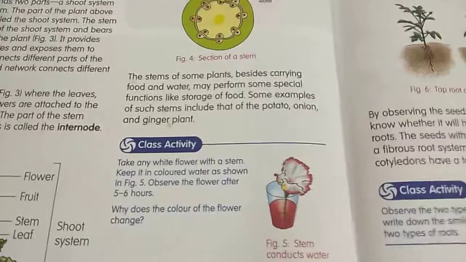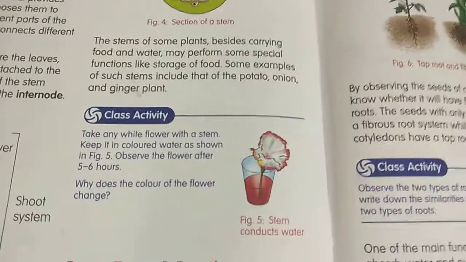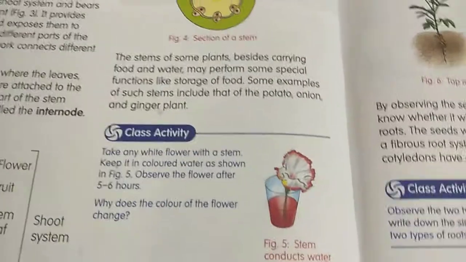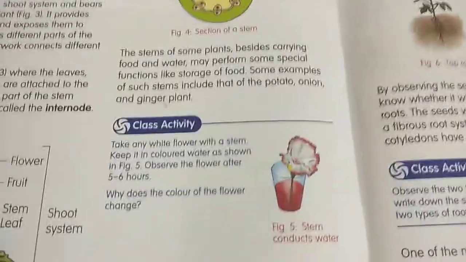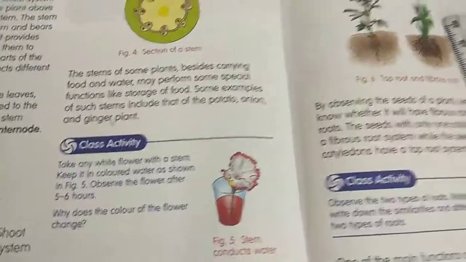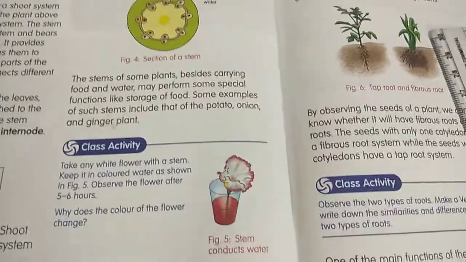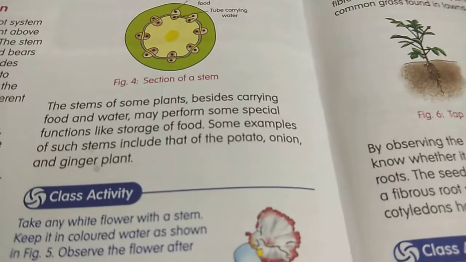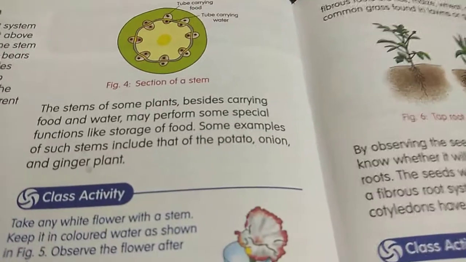See, first you should know some of the examples that are stems. Usually stem is the longer part, like sugar cane, you can take the stem portion we are eating. That is completely a bigger part, right? Why are you eating sugar cane? Because in sugar cane the food is stored in the stem. Children, we will not eat all the parts of all plants. For example, will you eat the leaves of the sugar cane? No, you will eat only the stem portion and we will throw the leaves.